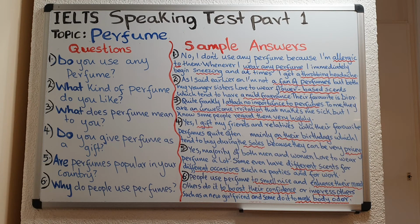Always listen to the keyword in each of the questions. For example, in all these questions, the keywords are in bold. Do for question 1, what for question 2, 3, what, 4, do, 5, are, 6, why. So listen to the keywords in each of the questions, so that once you begin giving your answers, you do